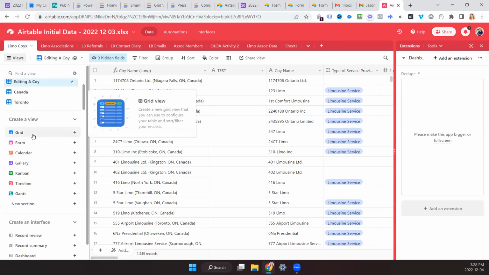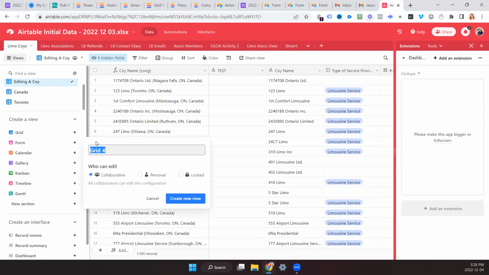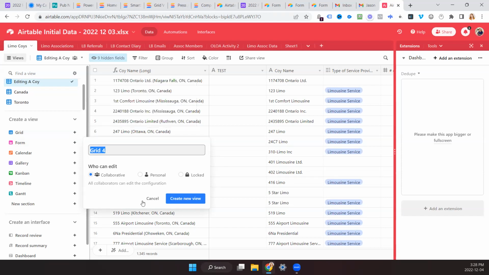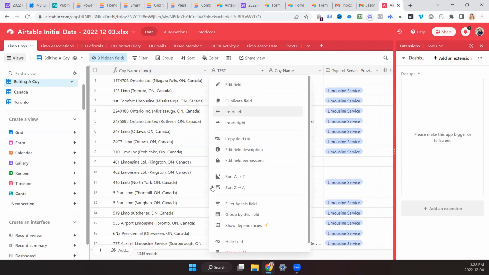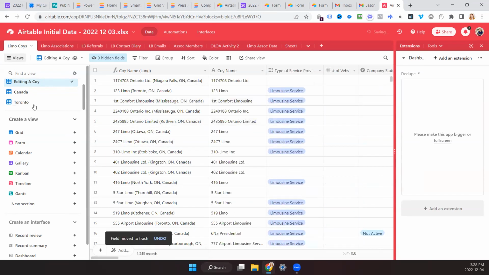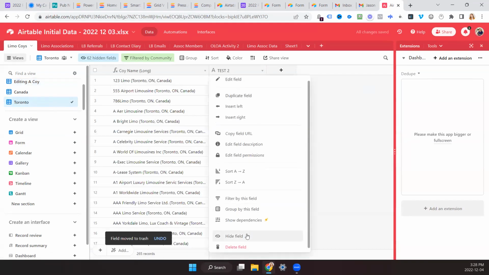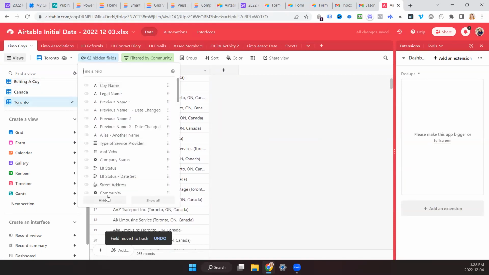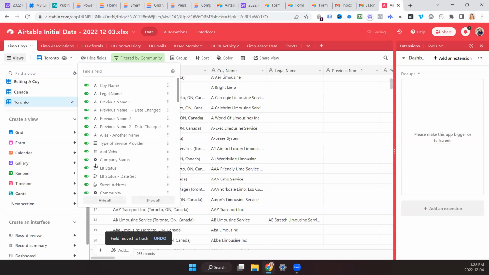But if ever you forgot to have a raw data view, just click grid. And whenever you create a new view from here, it's going to be raw data. All the fields will show up. I'm going to delete this. And I will delete this. Okay, so you can hide all, you can show all. And you can single select here.